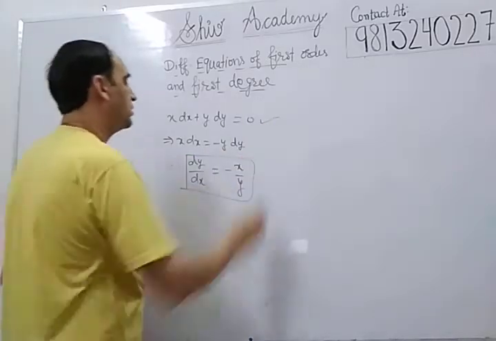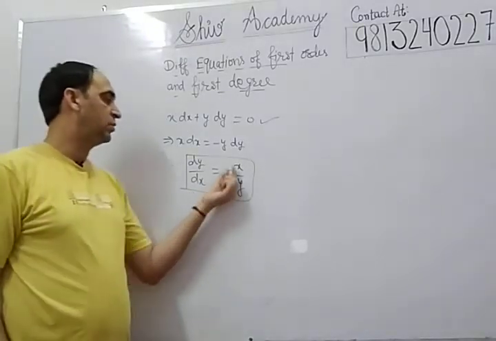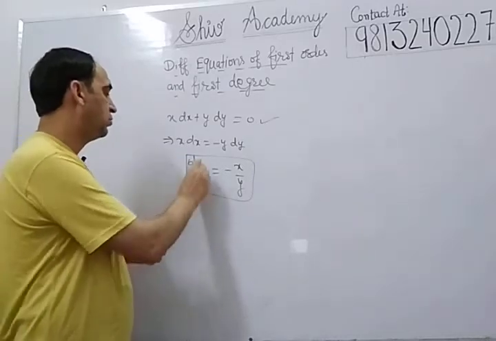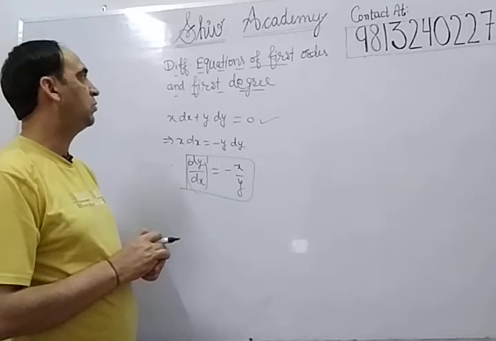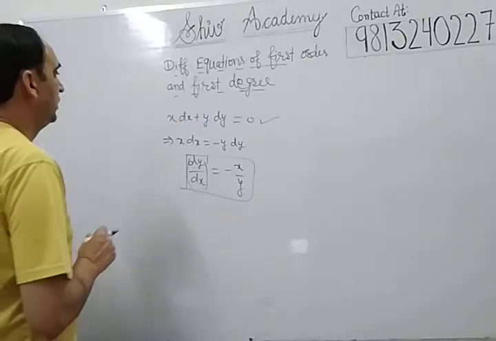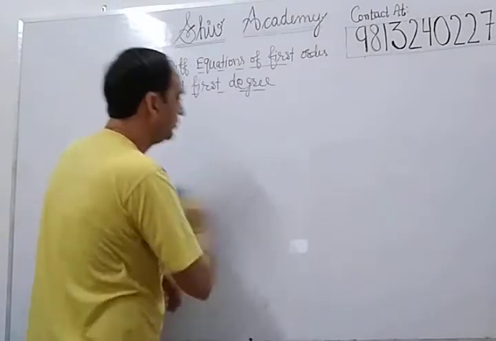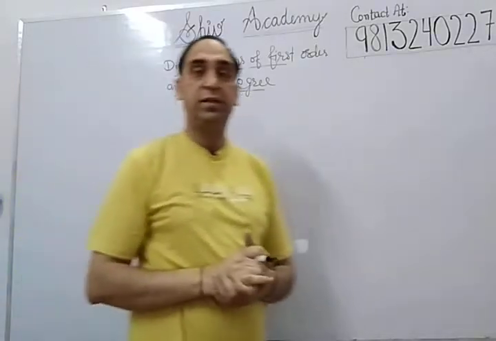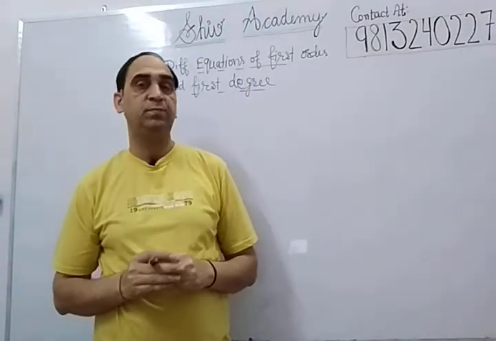So either you look at this form, or you can write it in this way, dy by dx equal to minus x upon y. If you look at the derivative, it is of first order and its power is also 1, so its degree is also 1. So in this series, our concern is to solve differential equations of first order and first degree. Okay. So there are 7 ways to solve a differential equation of first order and first degree. Students, remember how many ways there are to solve a differential equation of first order and first degree? There are 7 ways.